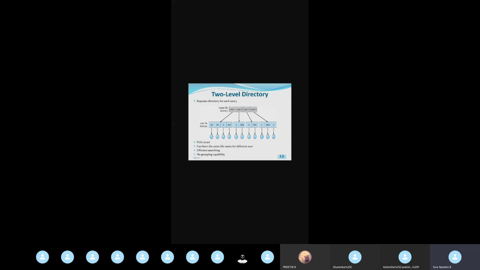Okay, so all those details will be available in the master file directory. In the user file directory, the basic files will be available. I hope you will be clear with this image provided in slide number 12.